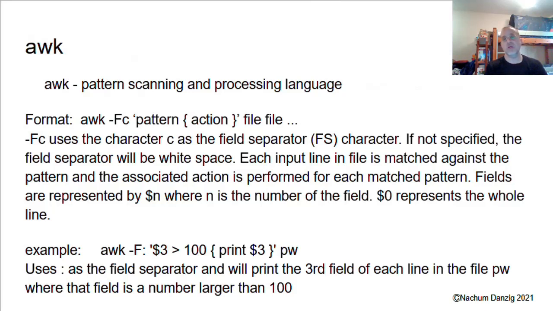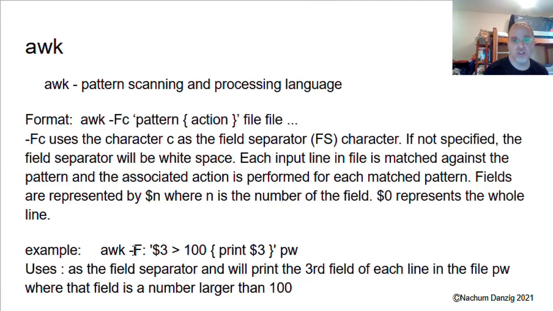So what is it? It is a pattern scanning and processing language. What does that mean? Well, we'll see. The format is AWK minus F C and then a pattern and an action. Well, we better see some examples. First, the minus F C uses the character C as the field separator, or FS sometimes. So whatever I write after the F, we're calling it C here, but it's really the character that separates